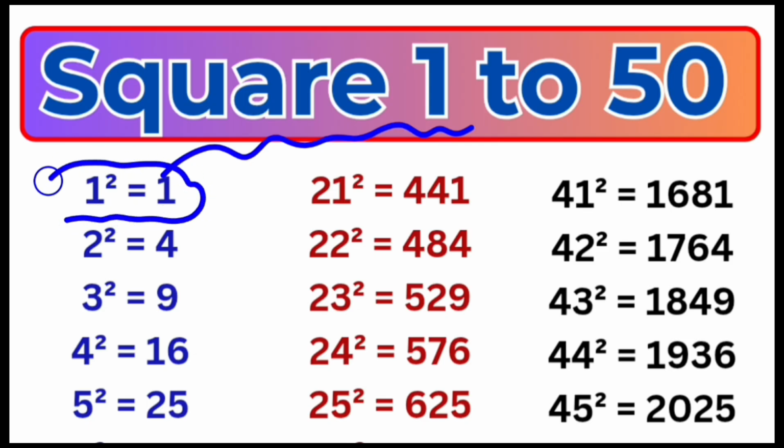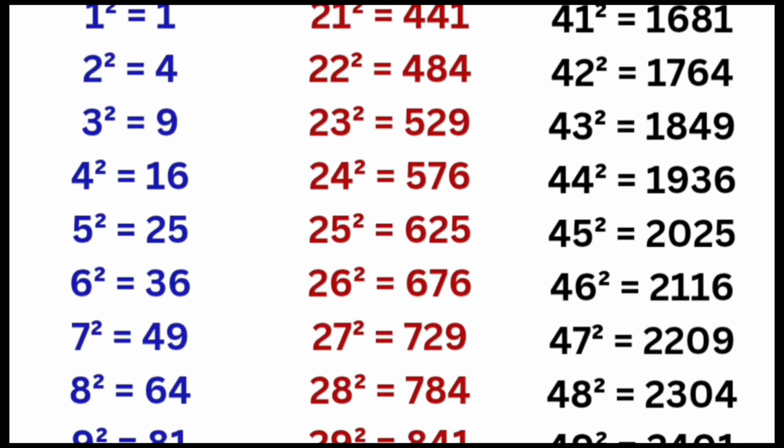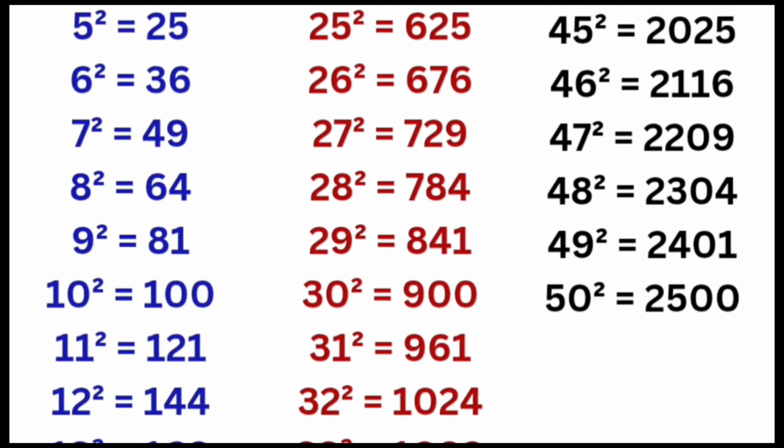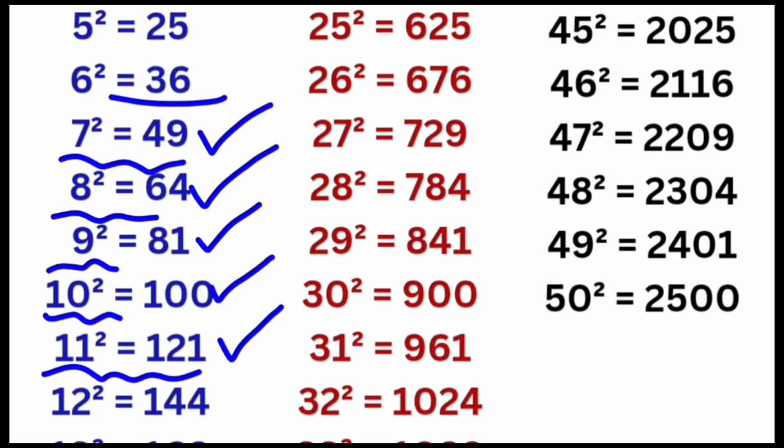Square of 1 is equal to 1, square of 2 is equal to 4, square of 3 is equal to 9, square of 4 is equal to 16, square of 5 is equal to 25, square of 6 is equal to 36, square of 7 is equal to 49, square of 8 is equal to 64, square of 9 is equal to 81, square of 10 is equal to 100, square of 11 is equal to 121, square of 12